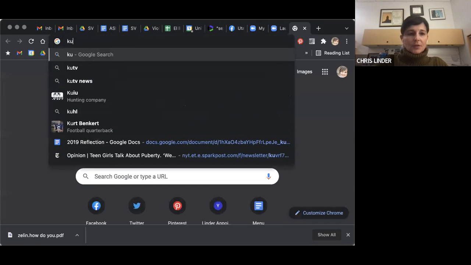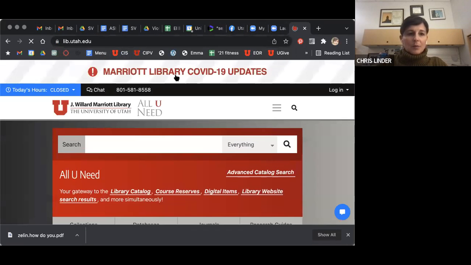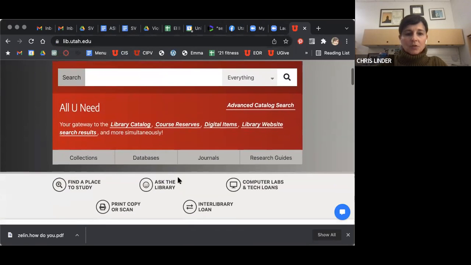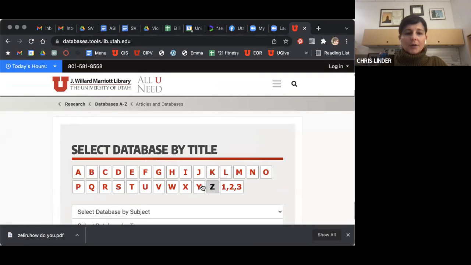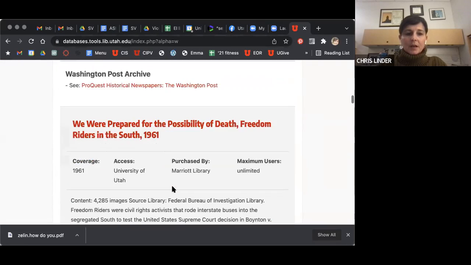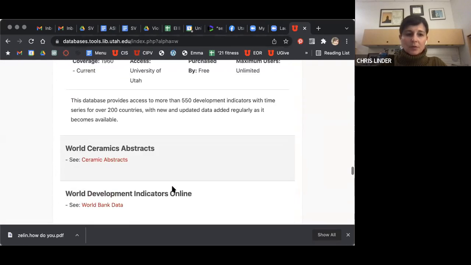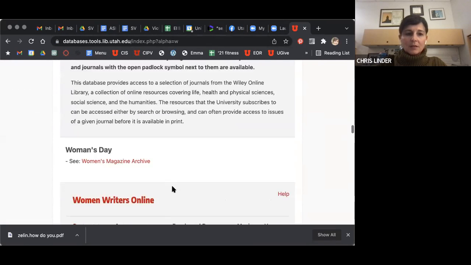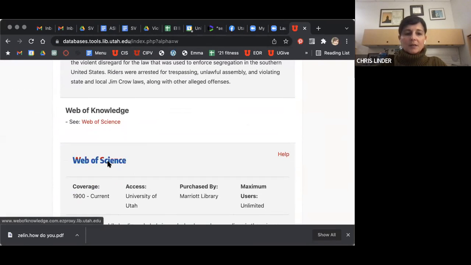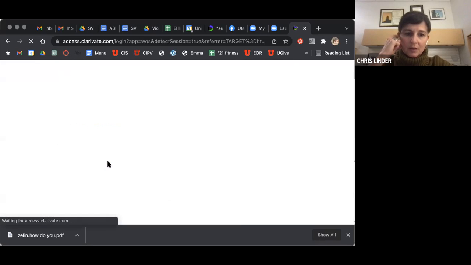So you go to the University of Utah library website, library.utah.edu, and then you go specifically to databases. And under databases, you select W, and then in the W's, you are looking for Web of Science. I went too far. So Web of Science is the database that we're going to use for this project, primarily because, in my experience doing searches on this topic, this database has been the most comprehensive and includes the most journals relevant to our topic.